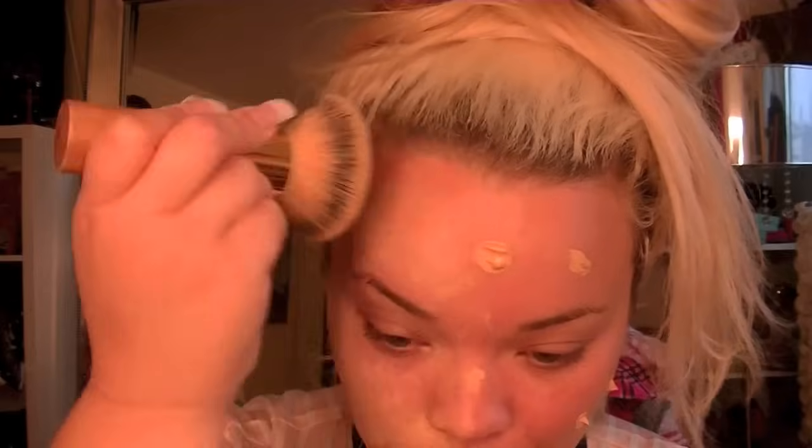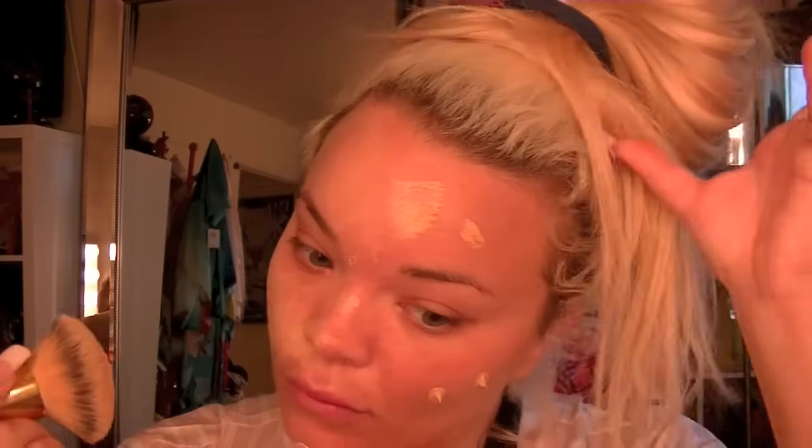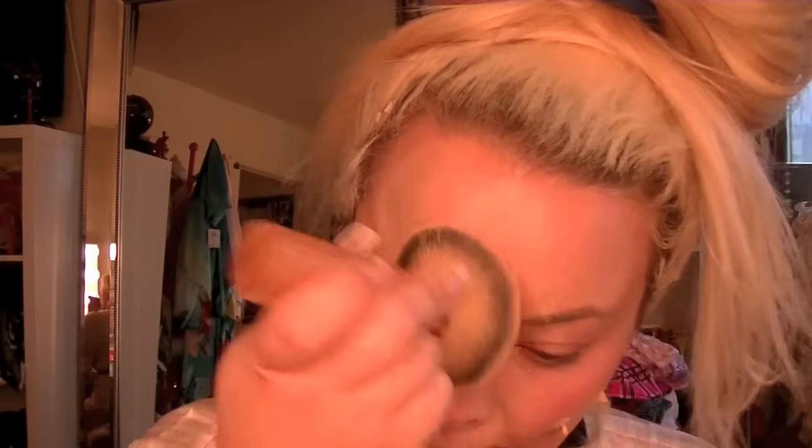It used to be my all-time favorite, but it kind of just does the blending work for you, and you don't have to go get it wet like a beauty blender, and it's just kind of an easy thing if you can't be bothered with the full makeup routine. And I just blend it in. Like, as you can tell, this brush kind of just does it for you. I've always been an advocate of this